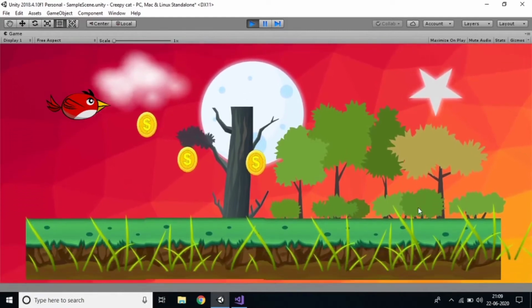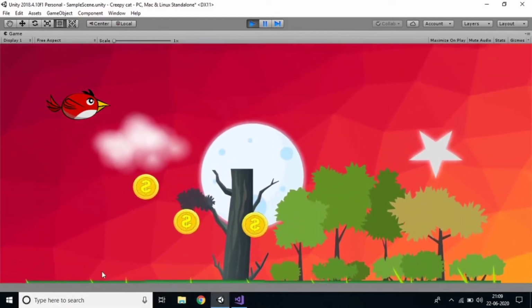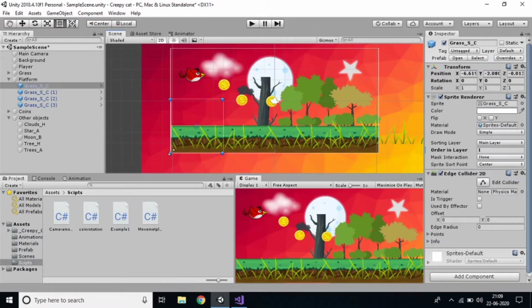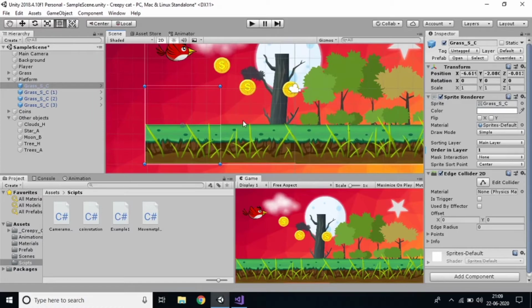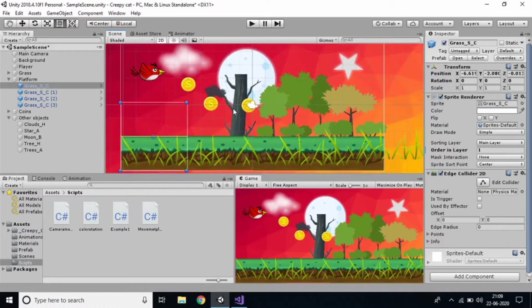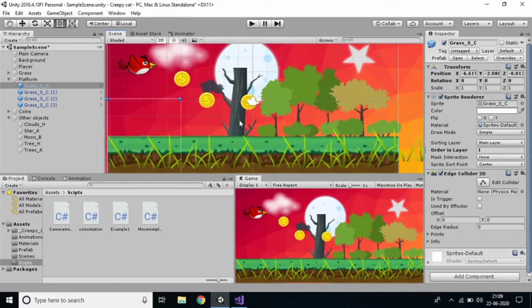So we don't bounce, and we should not see this background. Up to the platform only we should view, right? So you can see here, I want the position to start from here, and I want to see up to here only. My game view should be like this only. I want to see the entire down view, and I don't want to see the bouncing. The player is bouncing, and automatically the camera is also bouncing. I don't want to do that.